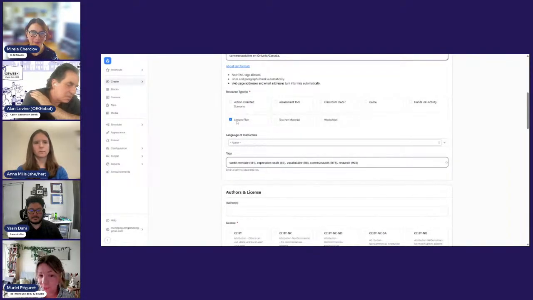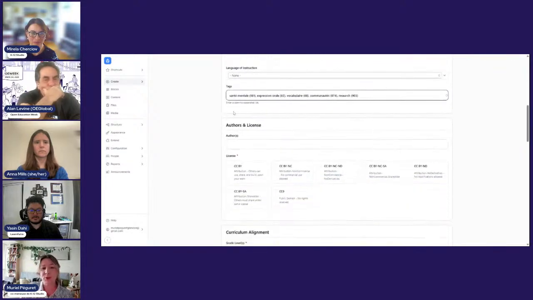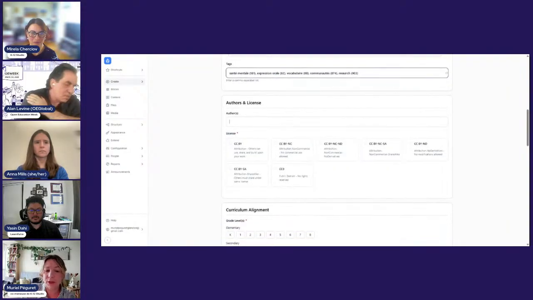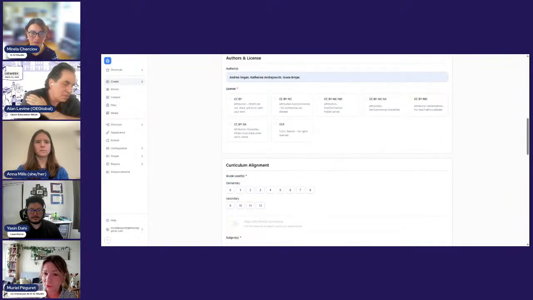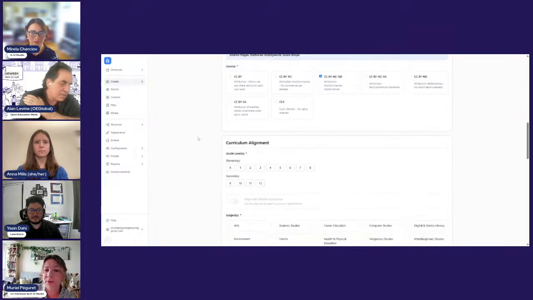It has picked up that it was a lesson plan. Yes, indeed, in this PDF, it has at least 5 different lesson plans. It has a worksheet as well that it hasn't picked up, so you can add it manually. You can pick the language. The tags are usually pretty good. I would leave it. Again, author and licenses are not chosen, so this would have to be something that the